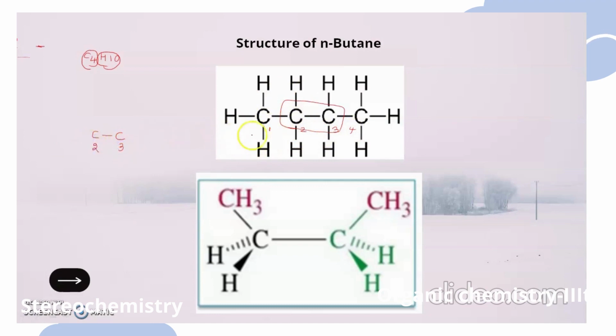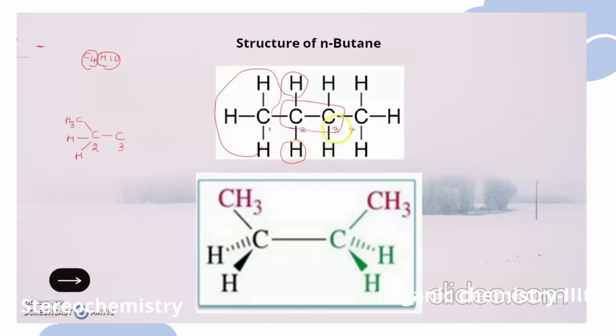Here the C1 carbon attached to 3 hydrogens is nothing but your methyl group. So that methyl group I am writing here. And on your C2 carbon, what else are there? 2 hydrogen atoms are present. So those 2 hydrogen atoms we can represent here.